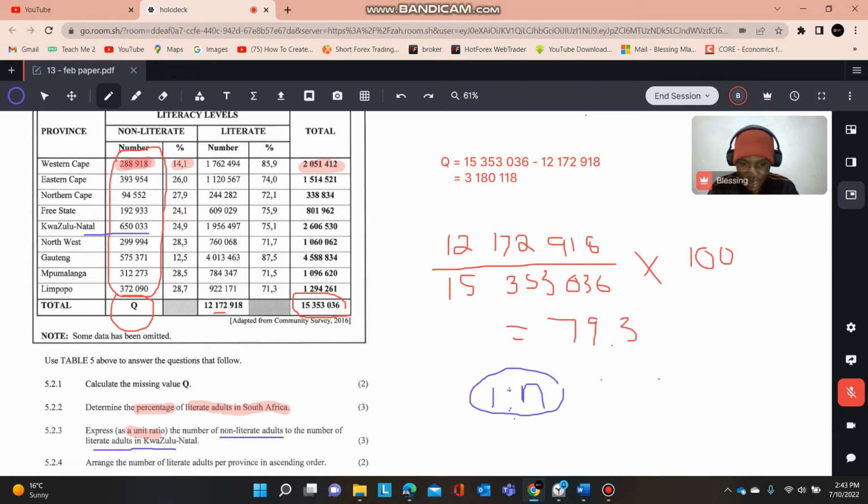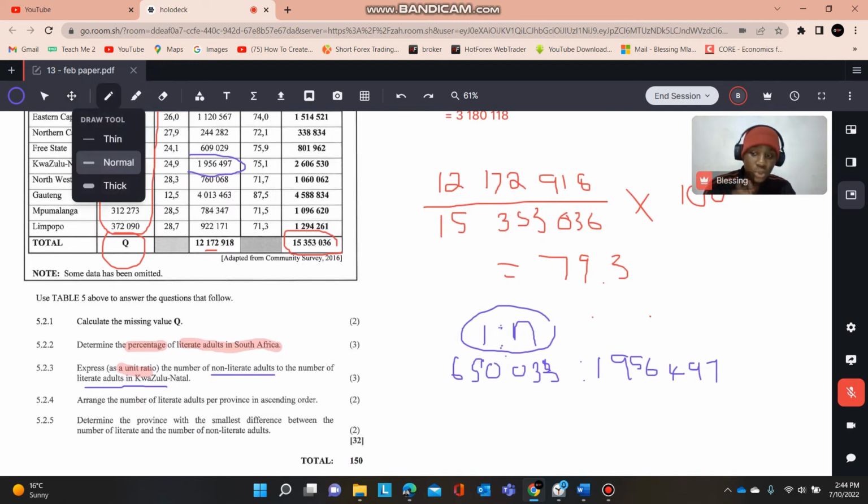The non-literate adults is 650 033. So let's go and look for the number of literate adults in KwaZulu-Natal, which is this